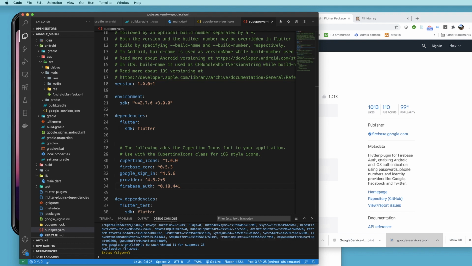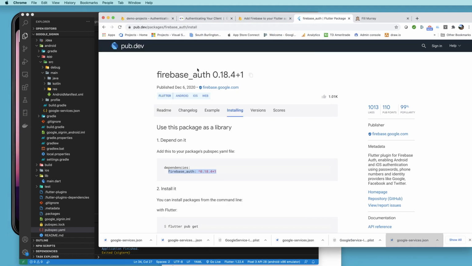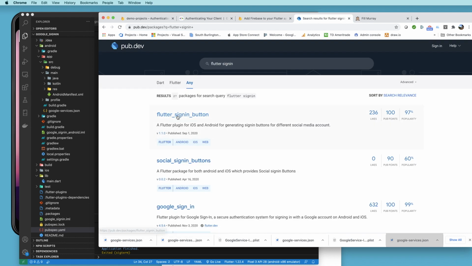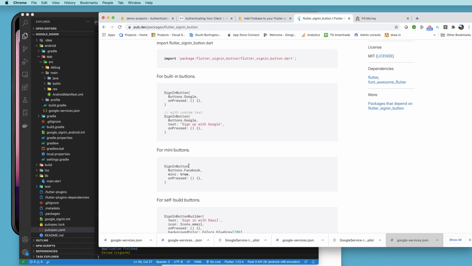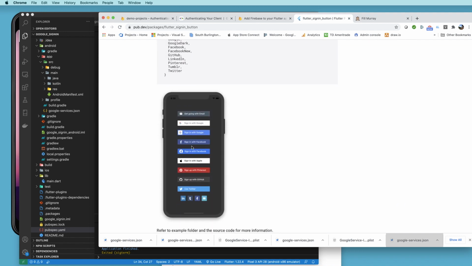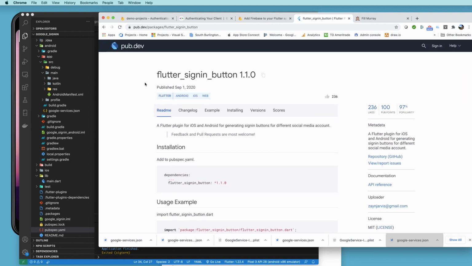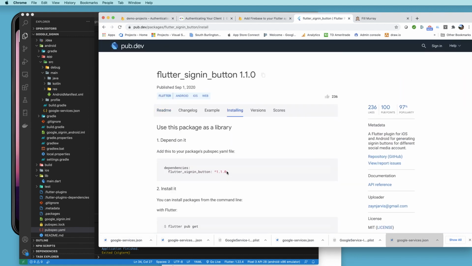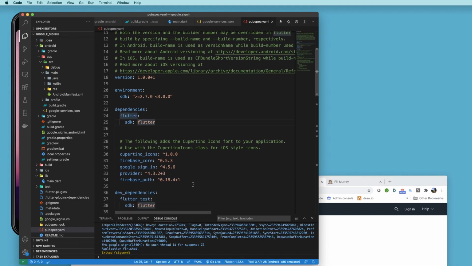And I also want to grab a package called Flutter sign-in button. So it's this one right here. And what this has is the pre-configured buttons for all of the major third-party auth providers. So that will just allow us to create a button that is styled in the fashion of whatever, well, Google